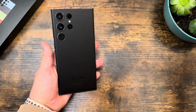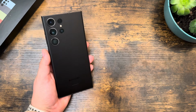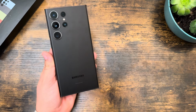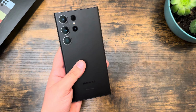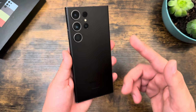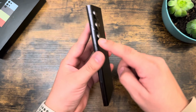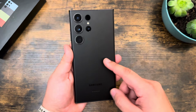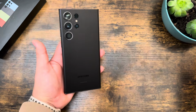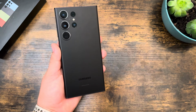Maybe some people really like this design, but for me personally, that's the main reason why I didn't like it. And as for the build quality and materials, the Galaxy S23 Ultra uses Gorilla Glass. Okay, this phone has armor aluminum for the side rails and Gorilla Glass Victus 2 for the glass. And when you compare it to the newest S24 Ultra, the S24 Ultra has the Gorilla